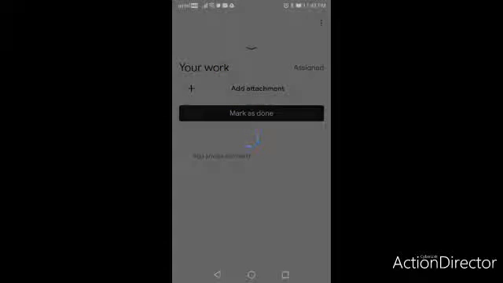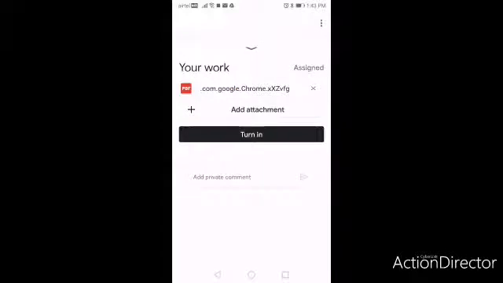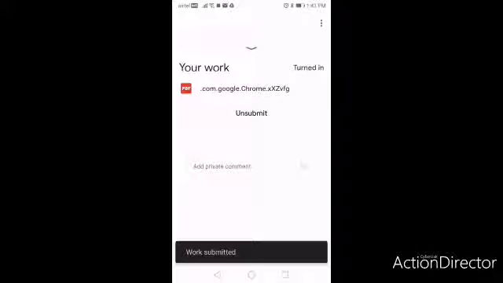So I'll select that PDF, and it's just taking a bit of time because it's a PDF and it's a long file. Now see, this is the PDF. I can open and see that we have just made this PDF. Now I'll go that side, and now I need to press on turn in so that this work gets uploaded to the respective teacher. I'll do turn in. So it's taking a bit of time again. Okay, so now it's showing a work submitted message.